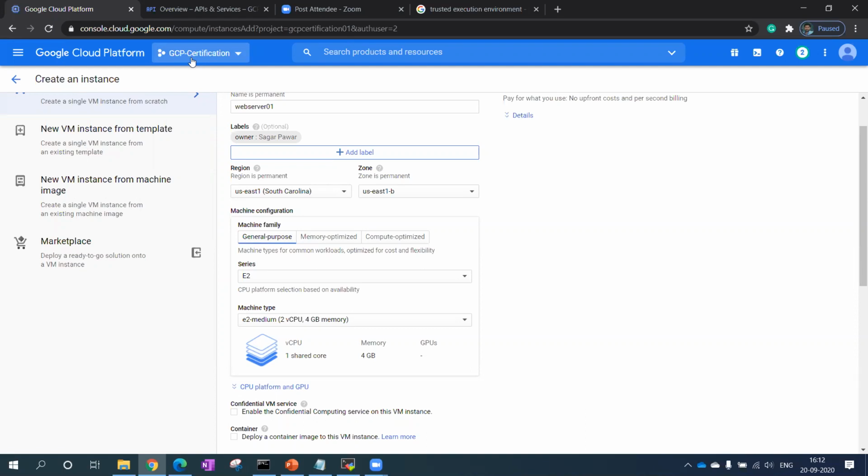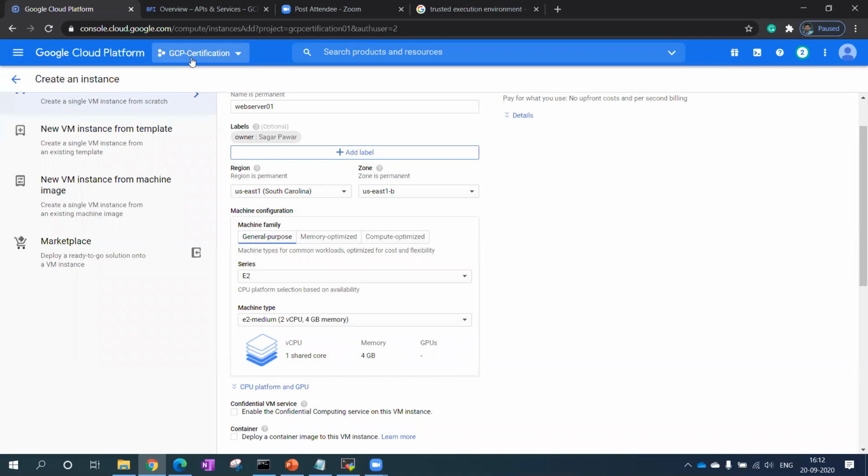Then maybe you will ask me how many VMs you can create. Again there is a hard limit. Every company has different VM requirements, but GCP has mentioned in their documentation that you can create up to 15,500 VMs in your region, or in your account. That is a hard limit. You cannot create more than that. So you have to understand that.